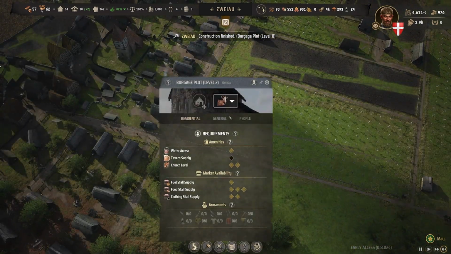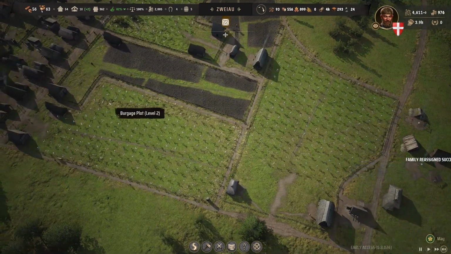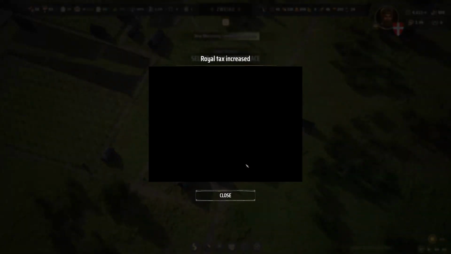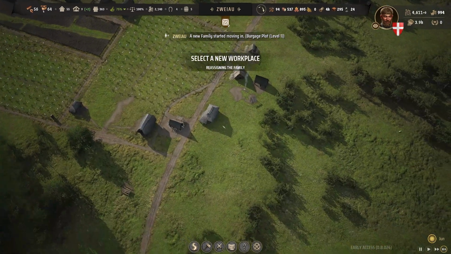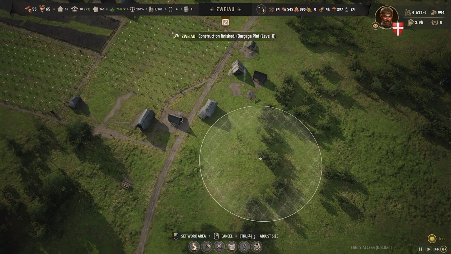We're going to do the same over here again, assigning a brand new logging camp member there, and then in this house next door we are going to assign them to the forester's hut. And then again, this one going into the forester's hut. Right, so we now have the forester's hut up and running,